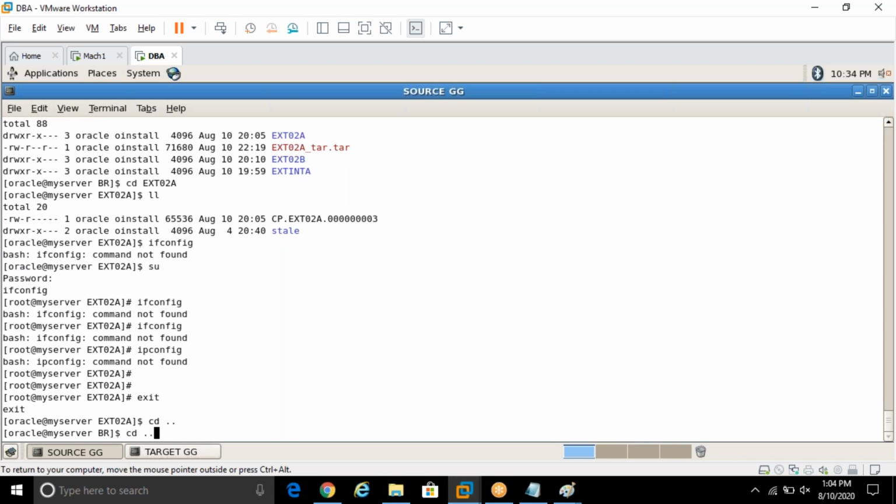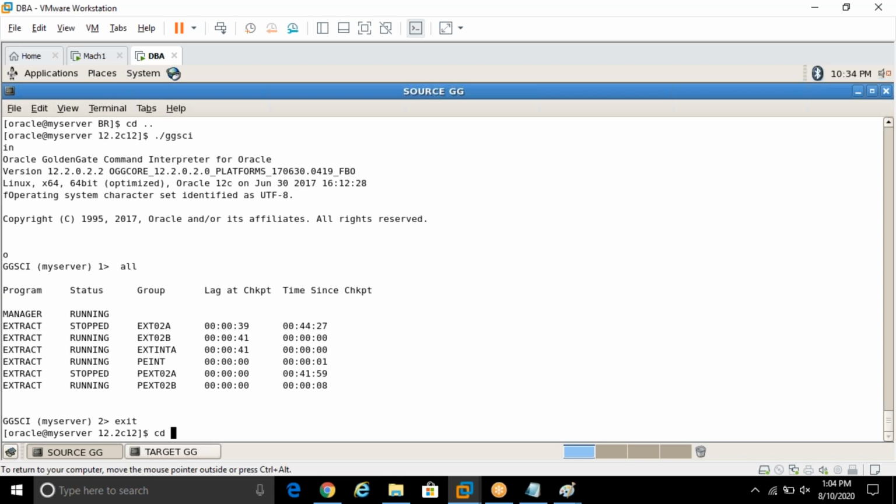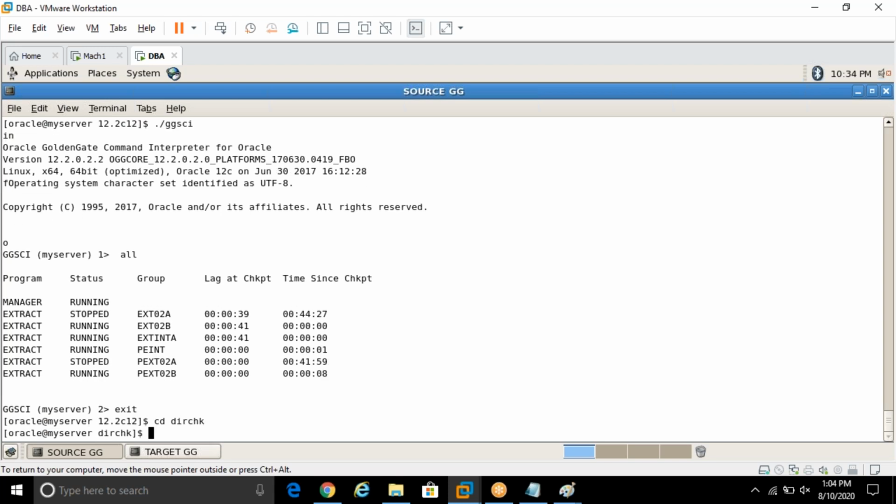So now we have other processes also to migrate. And one very important thing: whenever you have done the migration, please rename the checkpoint file which is in the old server. Because if by mistake someone starts this, then unnecessarily you will have issues. It's like having two sessions of extract, and then it's really tough to solve those issues. So always, always, always, please